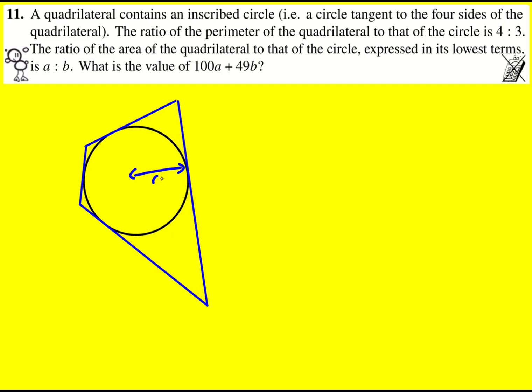Okay, I'm going to call the radius r. So the circumference is then going to be 2 pi r. I'm going to work in terms of r. And in the answers, they actually let r equal 3. You can let it equal anything, but I'm just going to stick with the general case. And that means the perimeter of the quadrilateral,